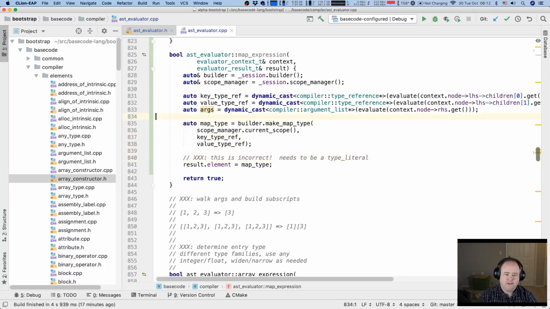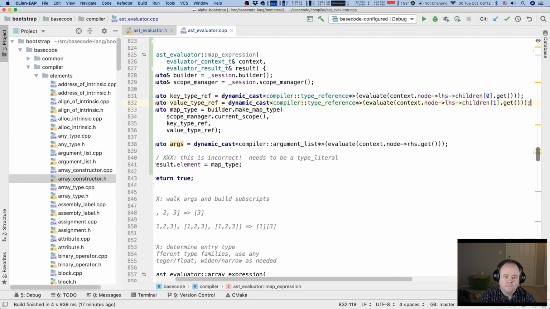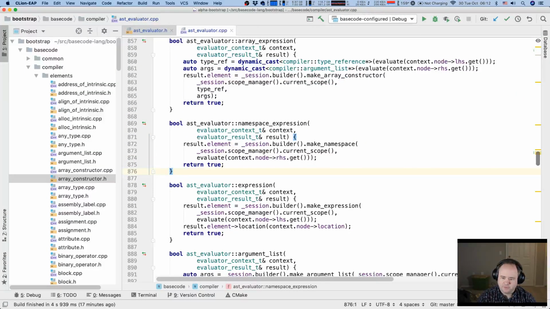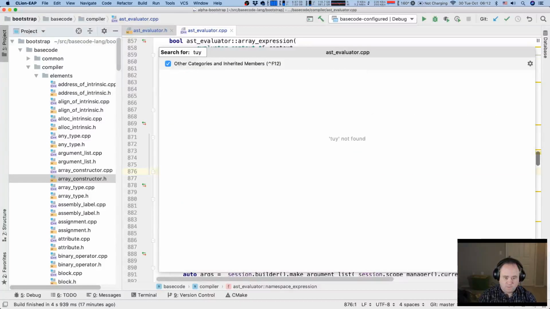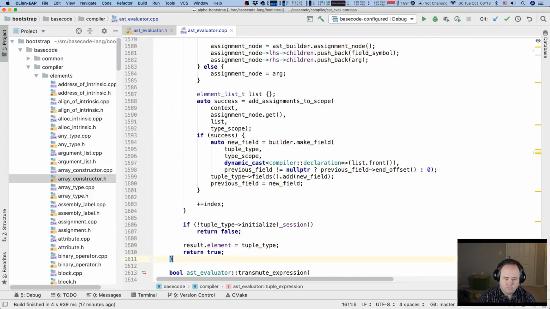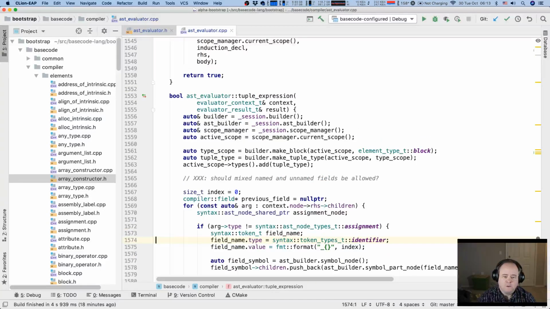So temporarily, I'm just gonna return the map type like I'm doing for the tuple. That's not right, but okay.